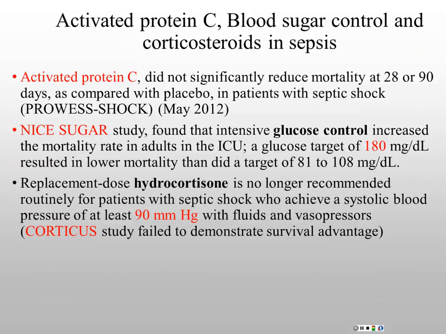Activated C protein is not used anymore. Nice sugar trial, you have to know your target of blood sugar. Tight control can cause hypoglycemia, so below 180 is okay. Hydrocortisone is only used when you have sepsis and there is persistence of hypotension despite fluid and vasopressor